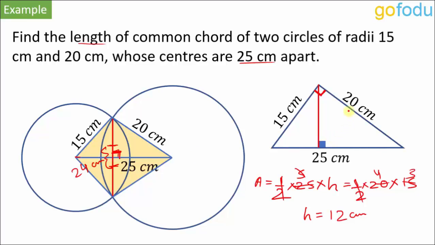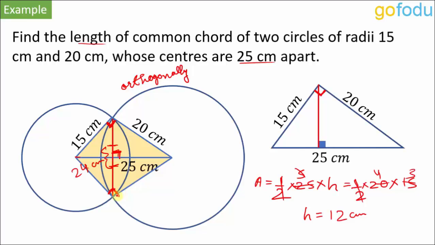Now here from the three sides we deduce that it's a right triangle. If the sides are not given but the question says that two circles intersect orthogonally, then also at the point of intersection tangents will be perpendicular to each other. Radius of this circle will be tangential to this circle and radius of this circle will be tangential to this circle. So the angle between the radii will be 90 degree. The tangents will be perpendicular to each other. If the circles intersect orthogonally, then also the case will remain same, the calculation will remain same.